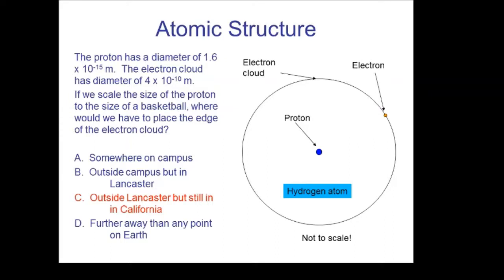So what's 100,000 feet away? 5,000 feet is about a mile, so we're talking about tens of miles. In fact, if you actually do the numbers, because it's not exactly 5 orders of magnitude, you have a 4 and 1.6 here, but if you actually work it out, it comes out to be around 70 miles. Okay, so if I'm holding a proton in my hand, the electron cloud